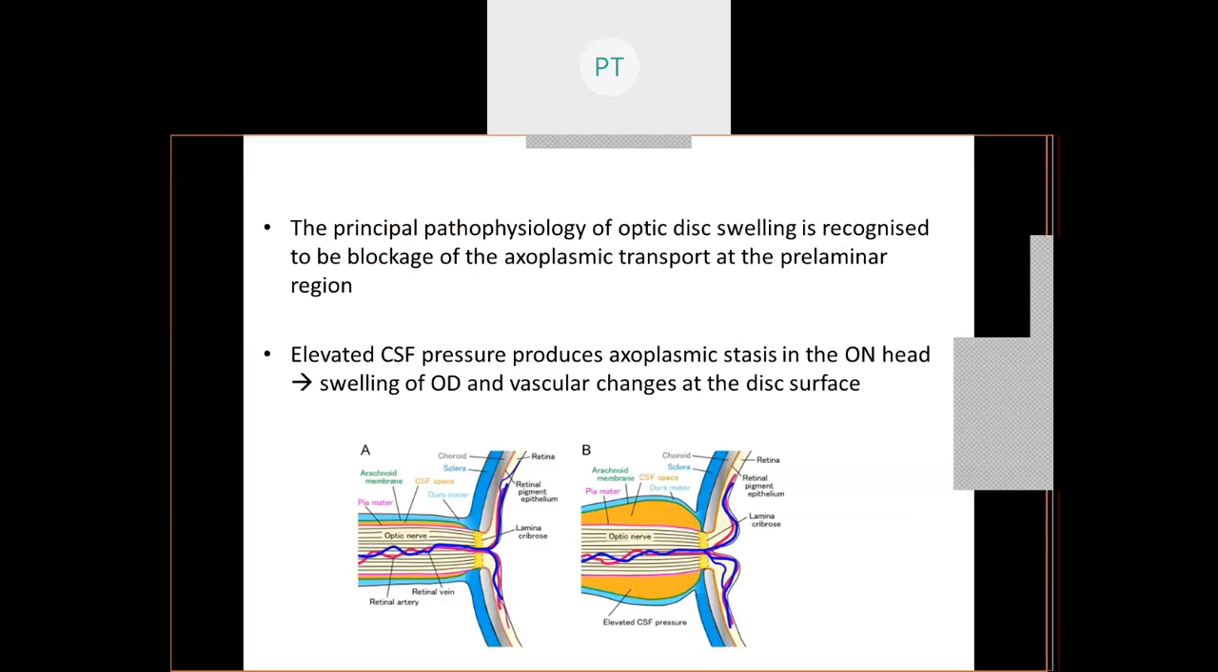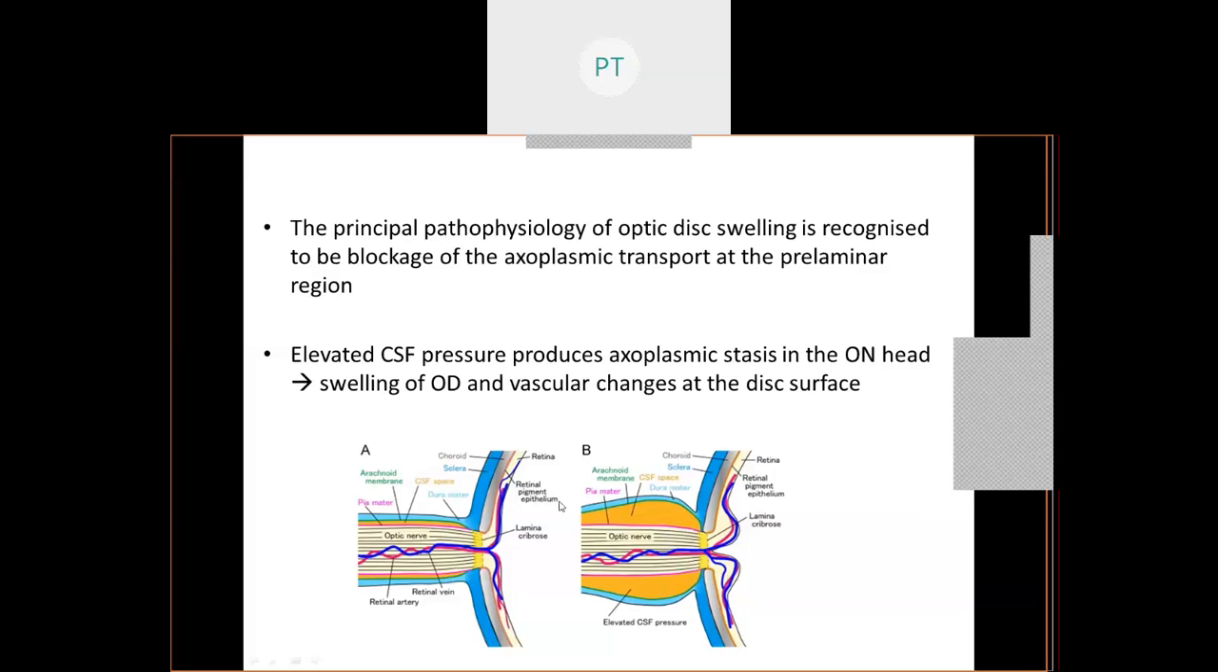The principal pathophysiology of this swelling can be the blockage of the axoplasmic transport at the prelaminar region, and any elevated cerebrospinal fluid pressure produces an axoplasmic stasis in the optic nerve head, which can lead to a swelling of the optic disc and secondary vascular changes at the disc surface. And the degree of papilloedema varies with the ease of access between the meningeal spaces within the cranium and around the optic nerve. So you all know that the CSF is formed from the choroid plexus,